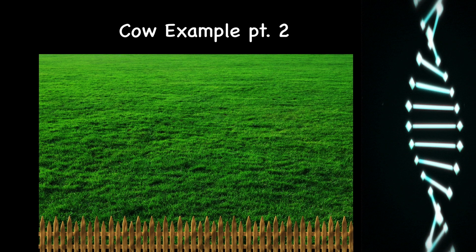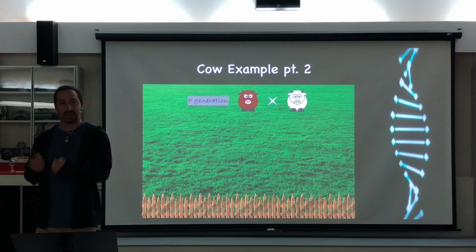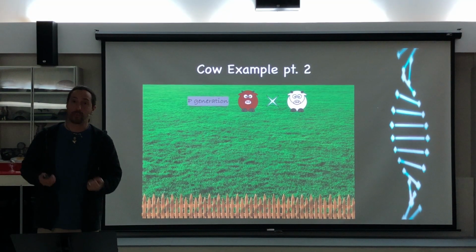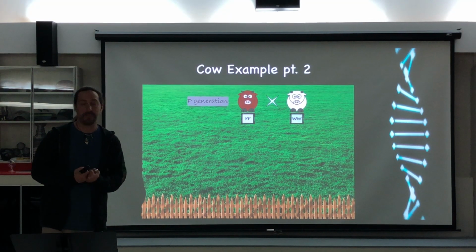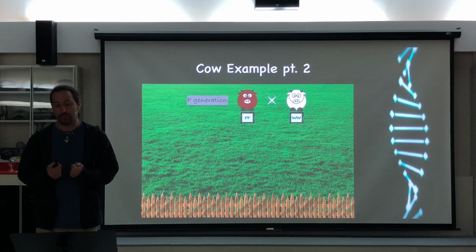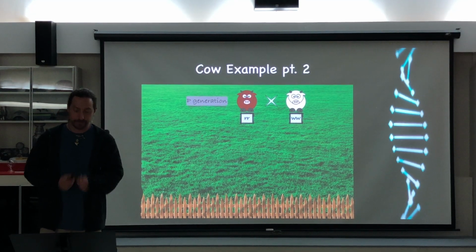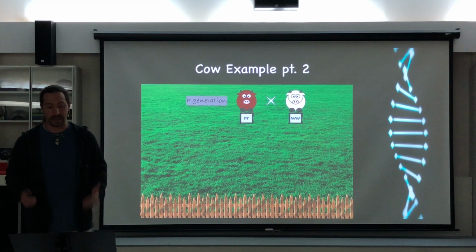In another example, if we were to take, in our parental generation, a red cow and a white cow, well, the red cow has to be homozygous for red. It can't be heterozygous because red is a recessive allele. Same with white. The white cow must be homozygous for white. It can't be anything else. If we were to cross these two together,